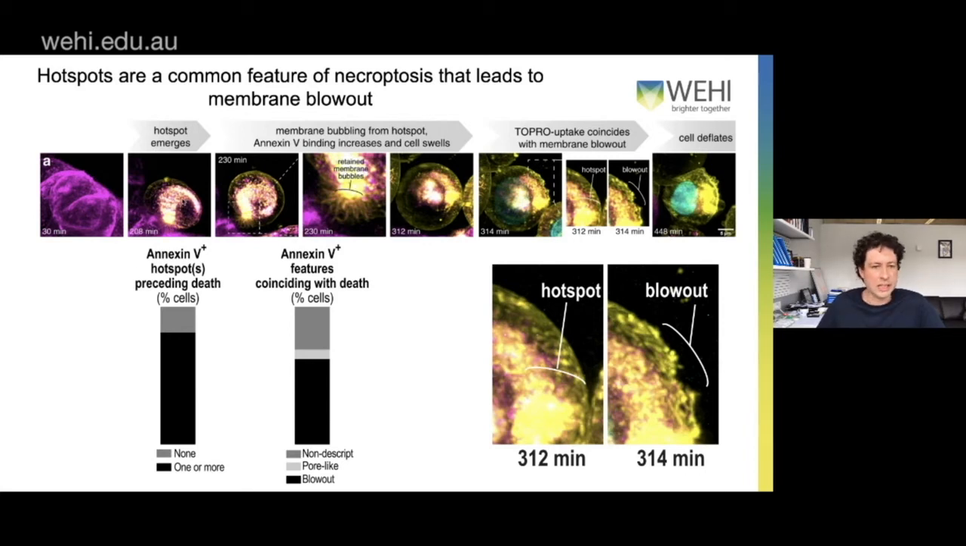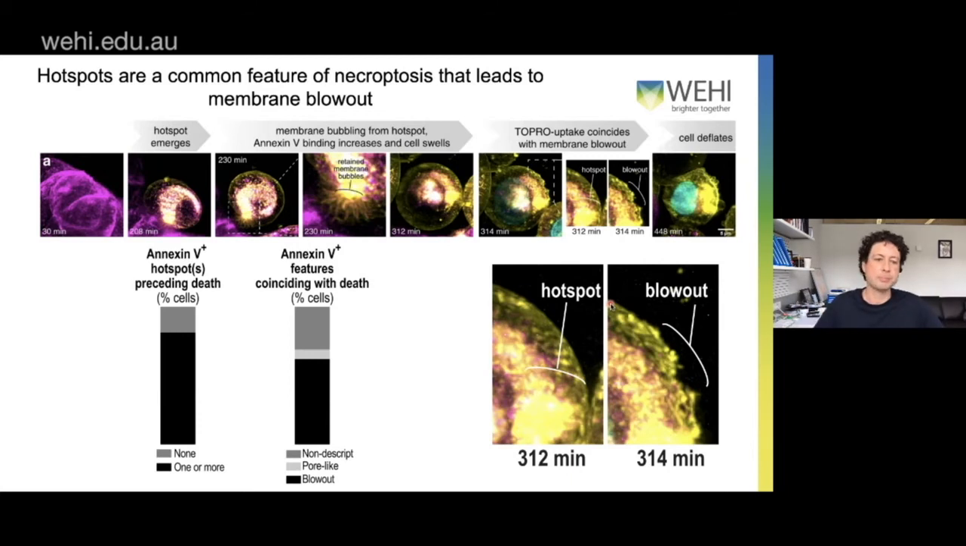So you can see here, you get this initial emergence of a hotspot, and that hotspot persists. You get local perturbation, so it seems to be an area where there's a lot of membrane dynamics. Eventually, there's this moment where the cell cannot withstand that damage anymore, and you get this overt or cataclysmic rupture of the plasma membrane. These frames here are 2 minutes apart, and you can see a zoom in here. Proximal on the leading edge of those hotspots, you get this major breach of the membrane,